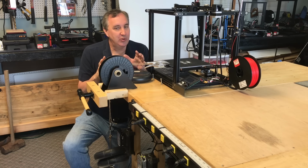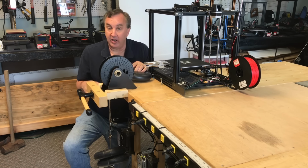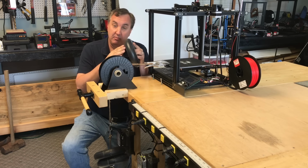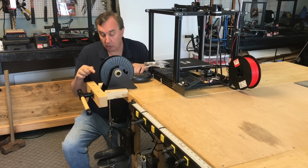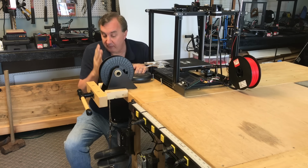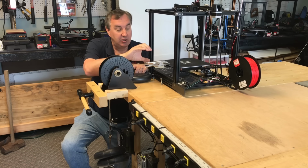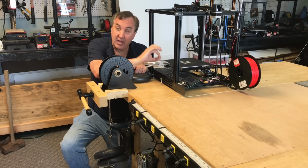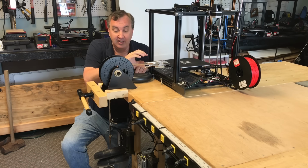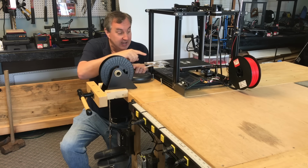Here's my really crude setup, but it seems to work. I've got dead weights hanging down here, and each one is 5 pounds so I can slip on more. It's connected to a rope that goes around the spool holder with an empty spool, which converts that vertical weight into a horizontal weight, and that's connected to a vice grip that's clamped to the magnetic bed here on the Ender 5. So those 10 pounds are pulling down, but basically pulling 10 pounds out to get this bed